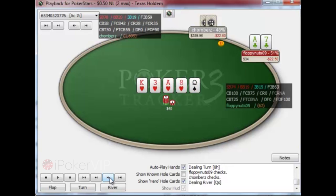So on this river, I go ahead and turn my hand into a bluff, hoping that he has pocket threes or ace 3 suited, or even something like ace queen, ace jack that he didn't want to 4-bet pre-flop. So I'll go ahead and turn my hand into a bluff here, because I think I can credibly rep like ace queen with the Queen of Hearts, ace jack with the Jack of Hearts, or even something like pocket queens as well with the Queen of Hearts. But he snap called me, and he had 10 jack with the Jack of Hearts, so